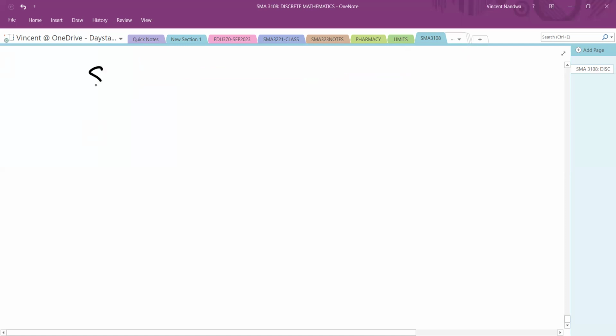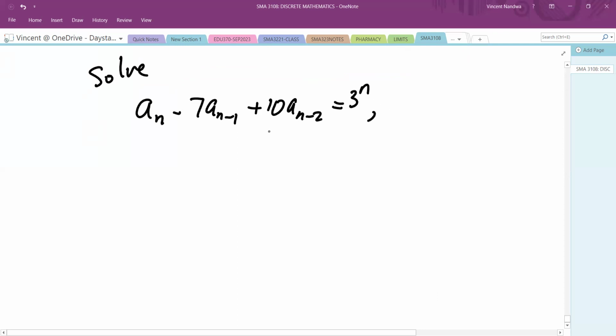Solve this equation: a_n minus 7a_(n-1) plus 10a_(n-2) equals 3 raised to the power n. And we have been given the extra conditions that a_0 is 0 and a_1 is 1. This is number 3. So you should be able to find